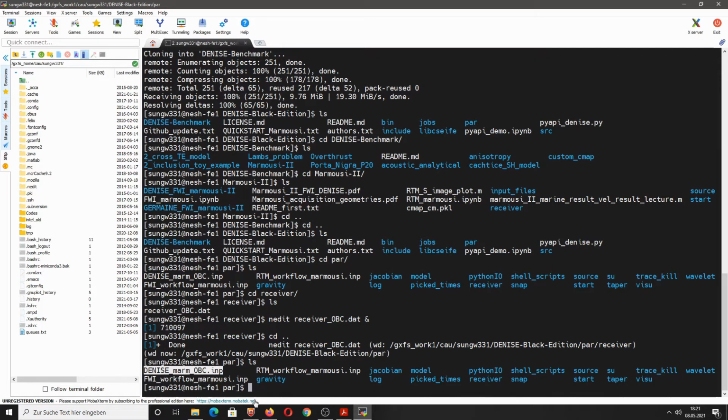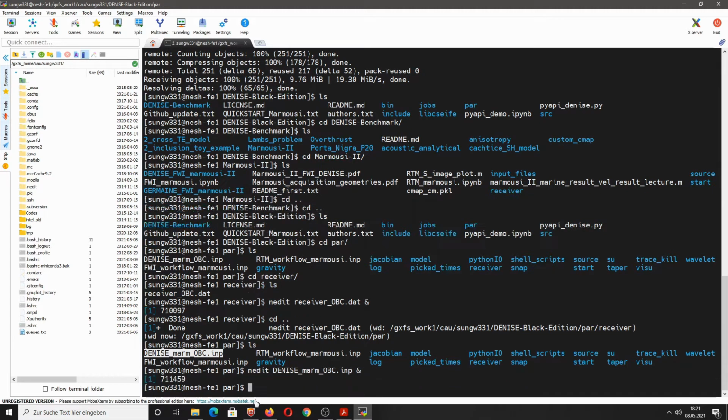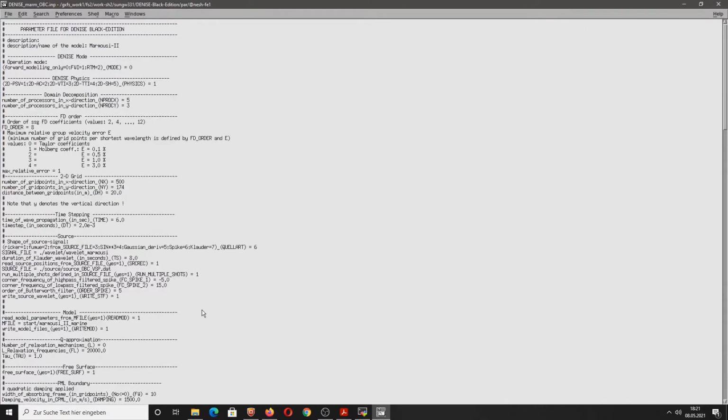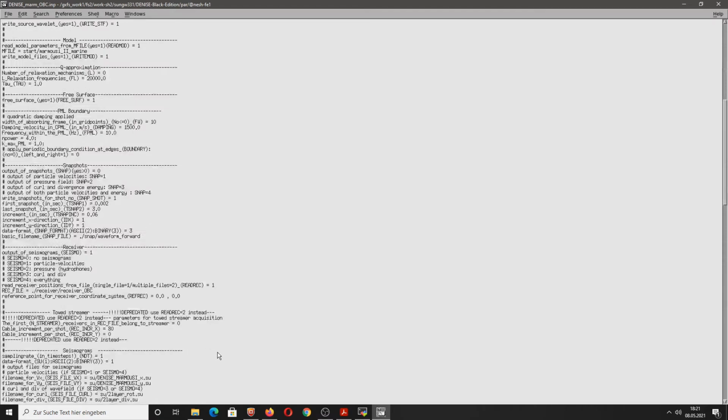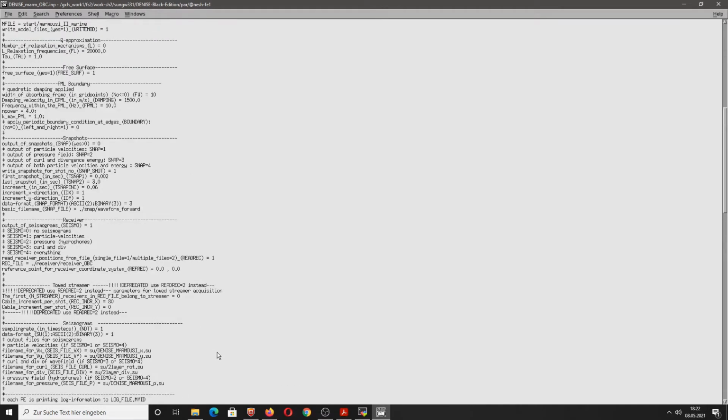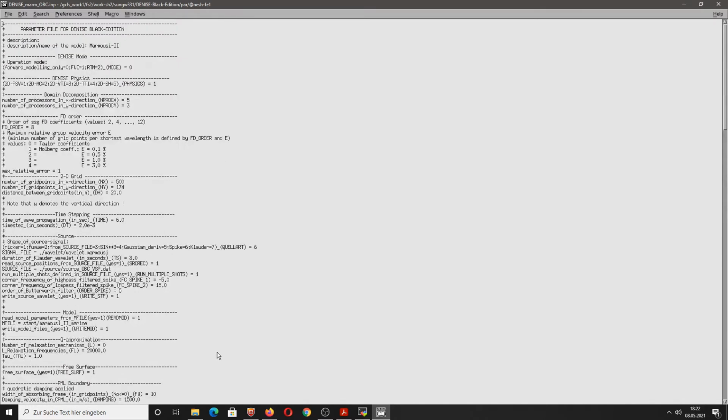So this input file contains all the modeling parameters that are required in order to define the Mamouzi model and the finite difference code parameters actually. And we can open this input file. Okay, and you see an overwhelming amount of parameters. I will not discuss these parameters at that point. I will go into much more detail what all these parameters for the forward problem actually mean in the next tutorial. For now we only want to run the code.